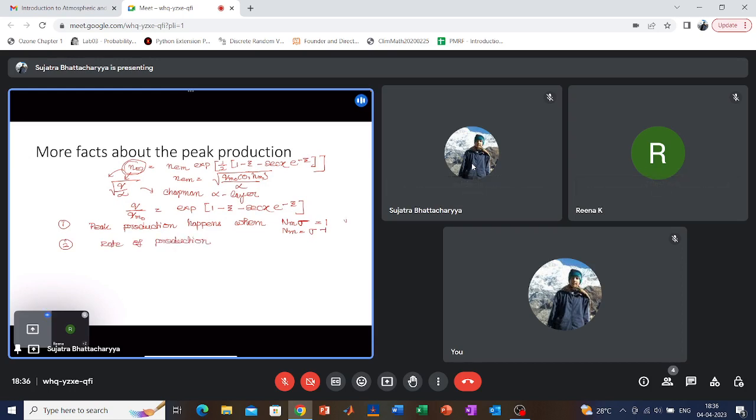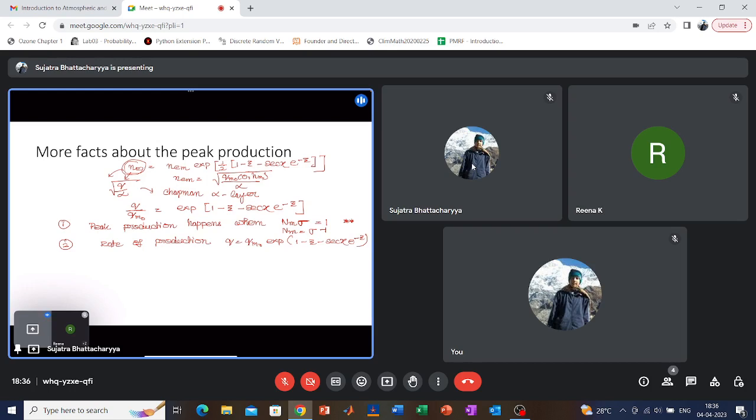This is very important. The rate of production is given by Q_E = Q_M0 exp[1 − ζ − sec χ e^(−ζ)]. Simple. This we have seen already. Okay, I go to the third thing,